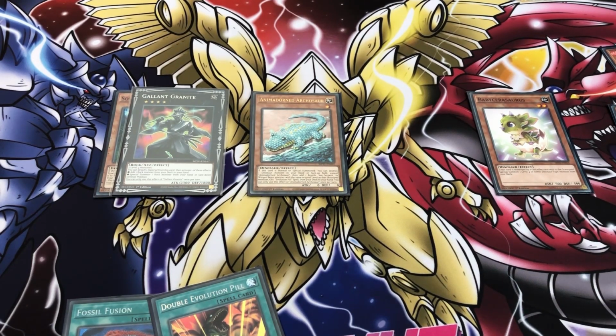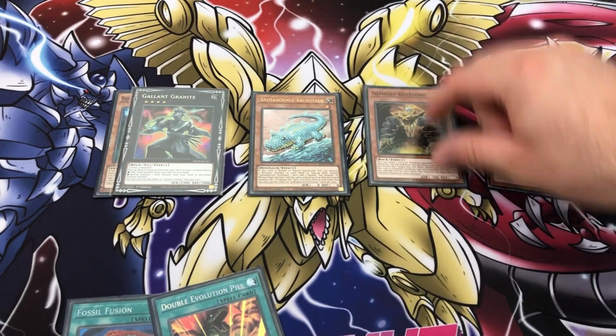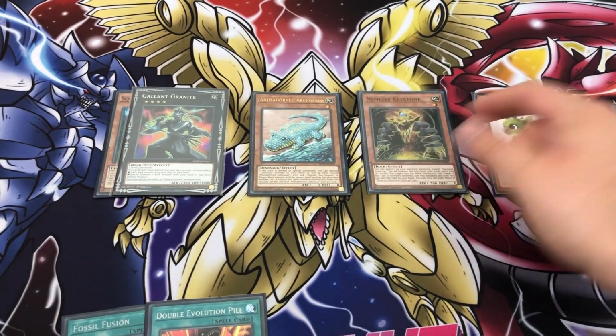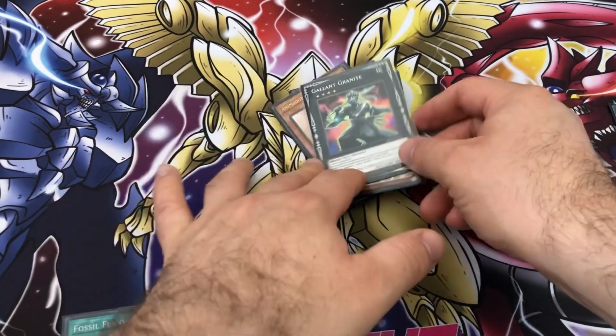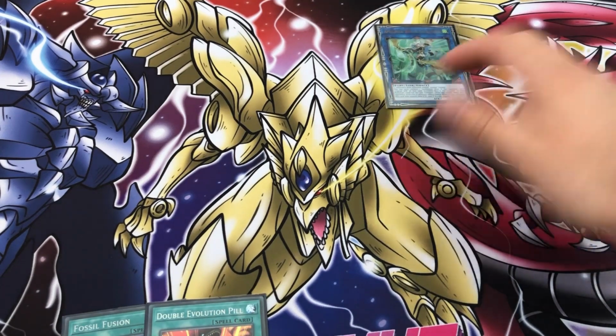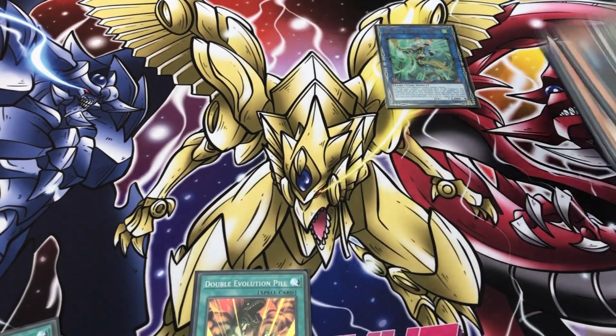Where is he? There he is. Your Nemesis Keystone. You can then use your Keystone to shuffle back your miscellaneous from your banished pile to special summon itself out. You can then, if you want to, link off into Link Revo. It really doesn't matter. Because all you're just going to do is link all of them off and go straight into your Apollosa. So you have a full material Apollosa here. You can then play your double Evo Peel,